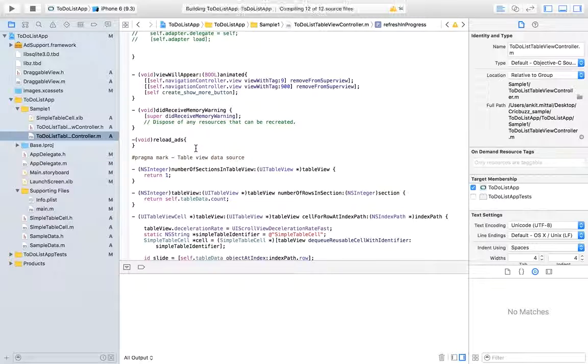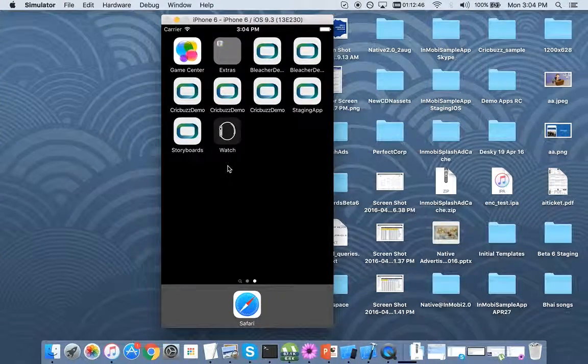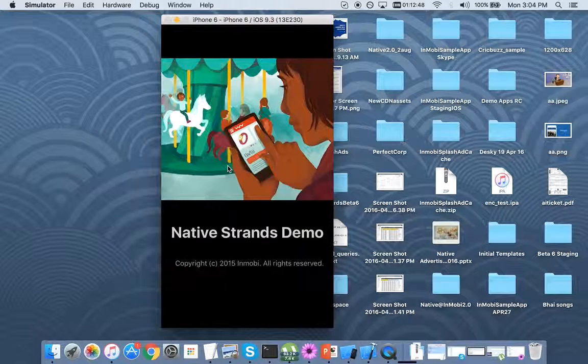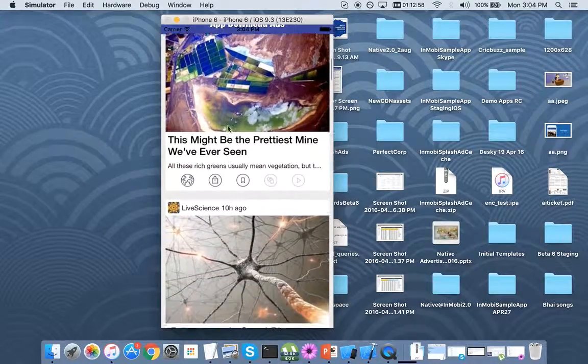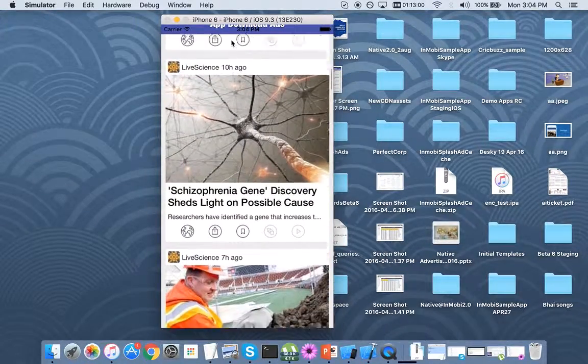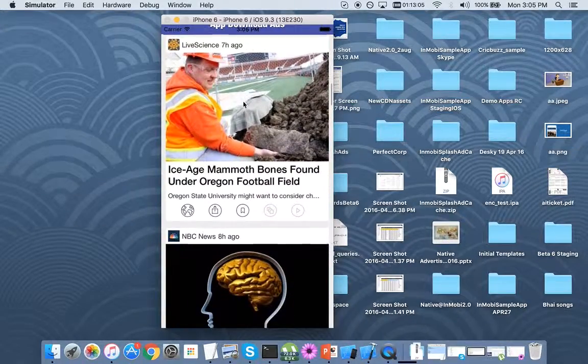So if I just play this sample app, let's just see how it looks like. Okay, so as you can see, it's just a scroll feed in a table view,